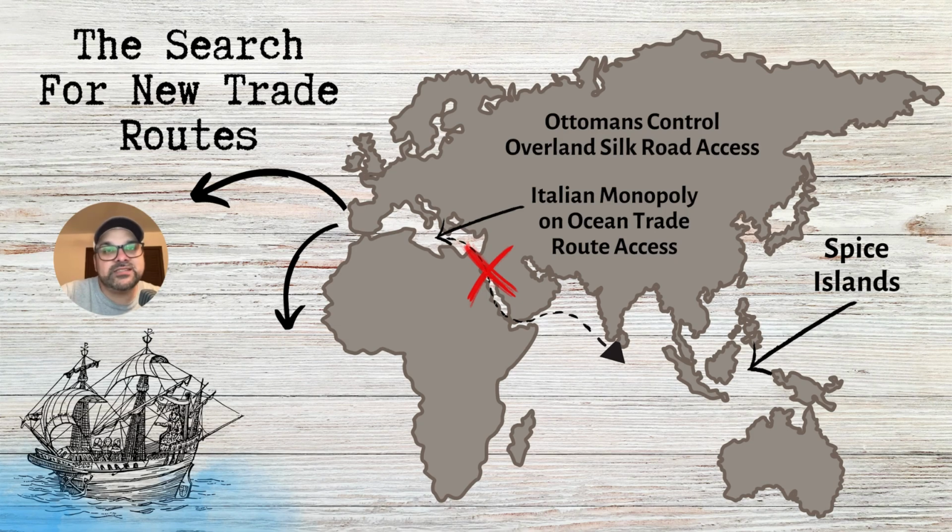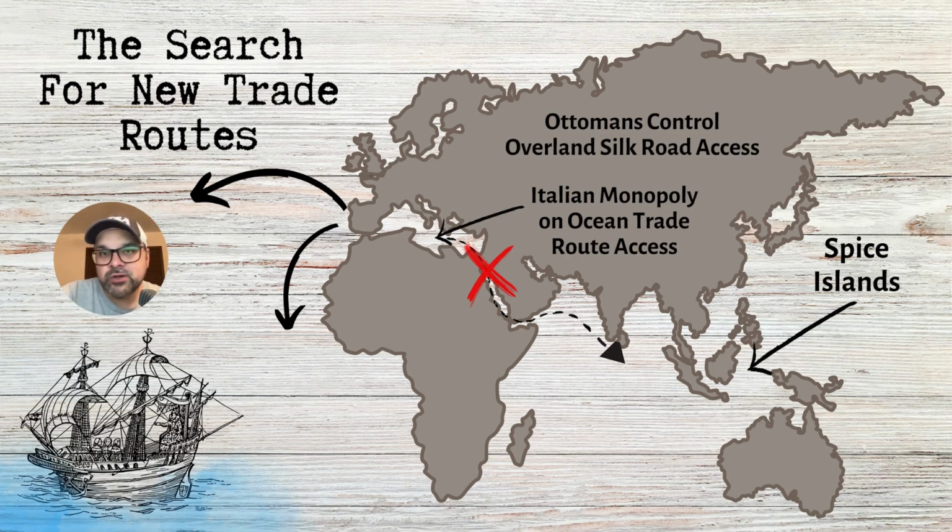But the problem with the route to Asia and Southeast Asia is that the Mediterranean Sea, the Mediterranean route, which you see on the map, is monopolized by Italy, right? Italy effectively controls all of the prices, all of the goods that entered into the rest of Europe. And then when Constantinople is captured by the Ottoman Empire and the Ottoman Turks in 1453, they gain a significant control over the Silk Roads. So Europeans have to pay high taxes to access overland trade.